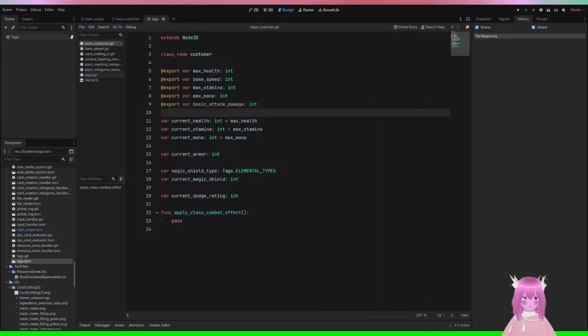Now I was trying to think of more classes to implement for the customers, and I think I gotta move these into here. Maybe I don't. I'm not sure. The thing I'm just now noticing though is that I've decided that there will also be stages to each of the classes. So that'll probably be randomly determined.